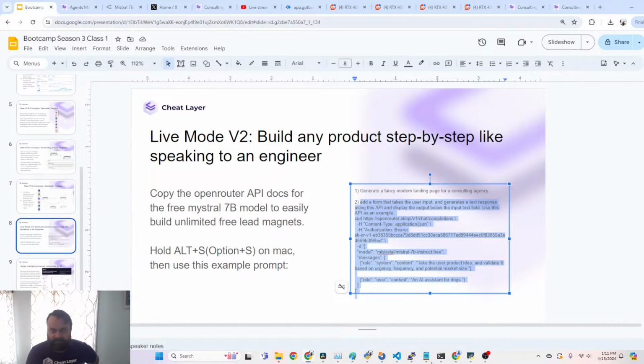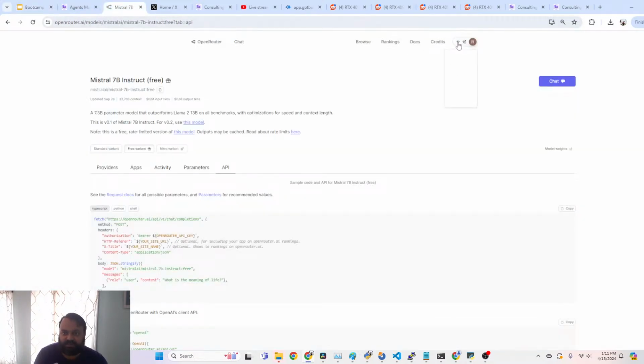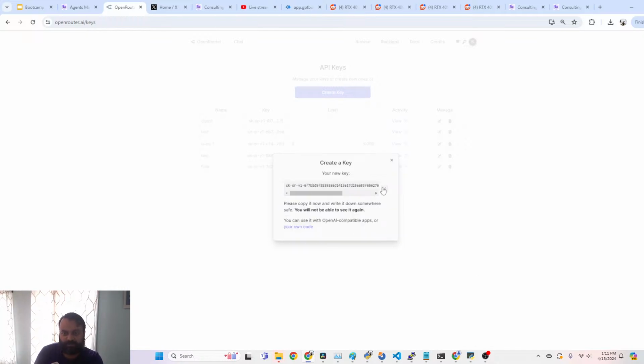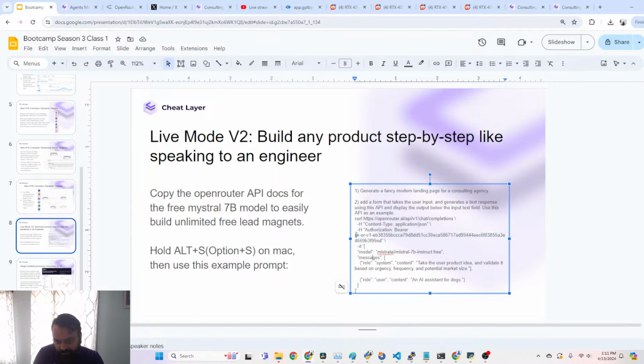But it's 100% free. So in your prompt, actually, I'm going to be sunsetting this API key. So this one won't work after the class. So what you should do is get your own API key from OpenRouter, where you get keys, and create a key, call it class 1, and copy this key, and then go back into this prompt, which you'll have access to after the class. Or you can try it yourself, because it's very easy to do this. And then just copy this whole thing into what we just built in live mode.